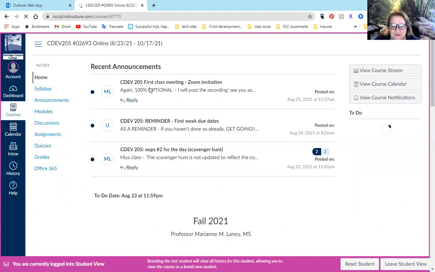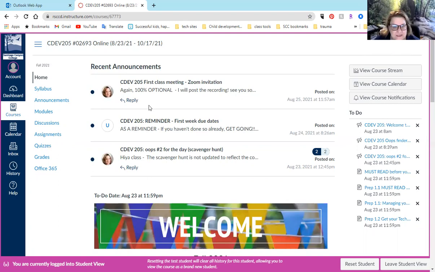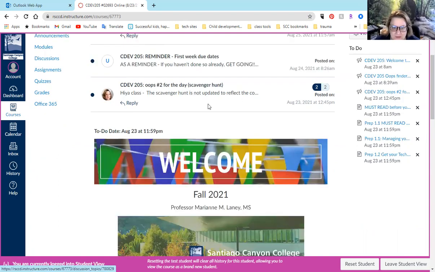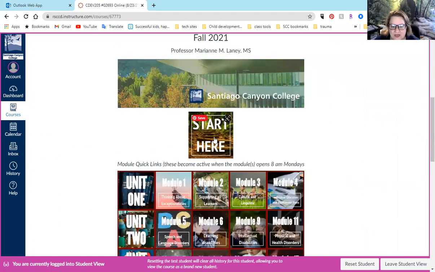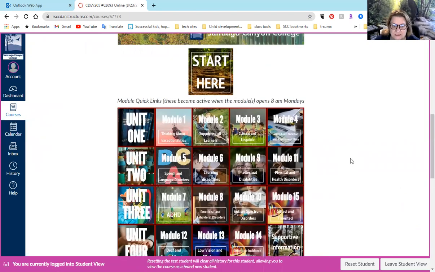I love it. So there's going to be your 3 announcements that are always going to be on the homepage. And yes, I make my own little banners and whatnot. These are all buttons because I'm cuckoo, I told you. If the arrow stays an arrow, you can't click on it. But if it turns into a hand, you can click on it. This will take you to unit 1. These will take you to all the modules.